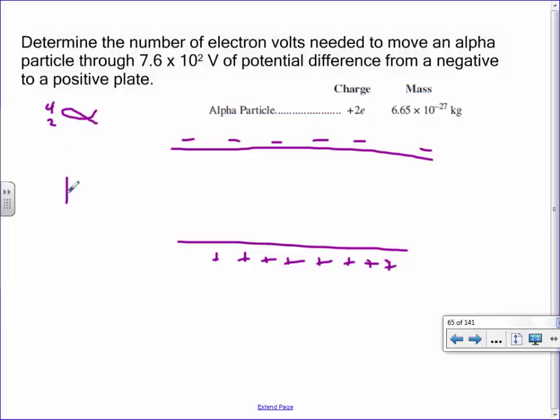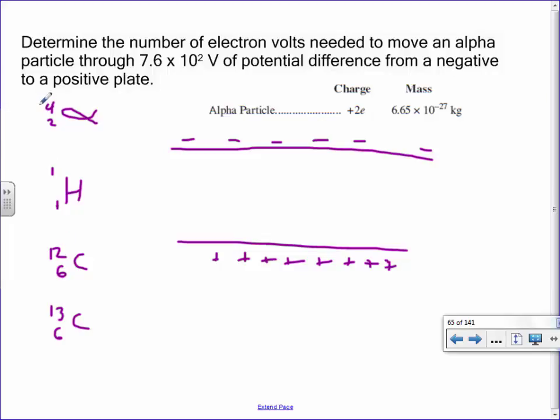Let me do a different one here. If I give you hydrogen 1, 1, it means that hydrogen has 1 proton, and then it has a total mass of 1, which means this one has 0 neutrons. If I give you 12, 6 carbon, this means you have 6 protons because it's carbon. And then how many neutrons would you have? Because it adds to 12, right? 6 plus 6 is 12. If I gave you 13 and 6, 7 neutrons. You guys recall this? Okay.